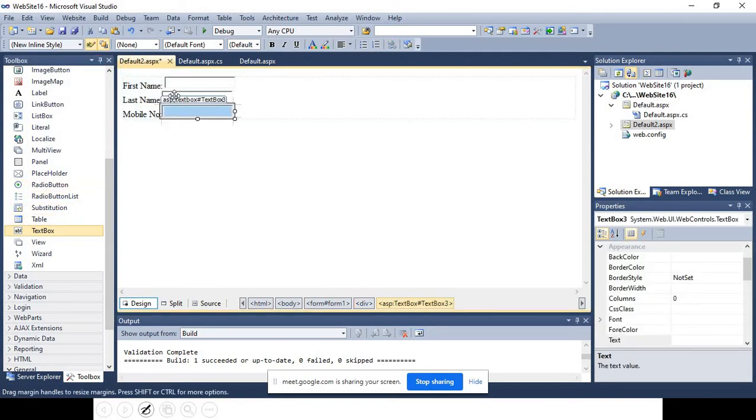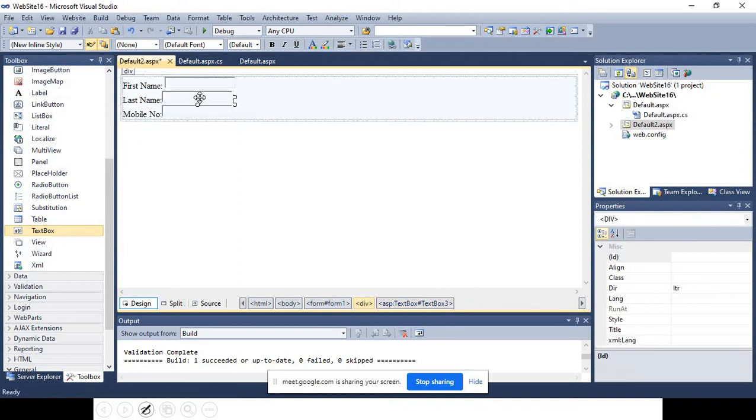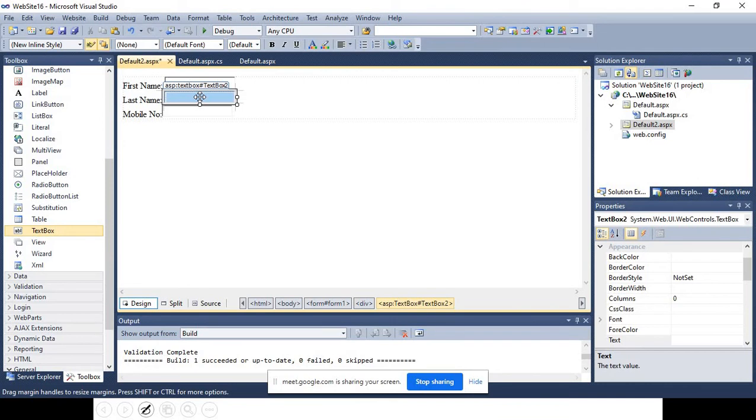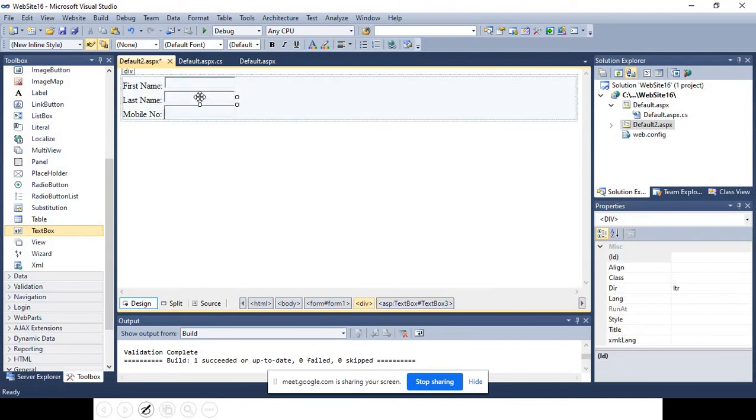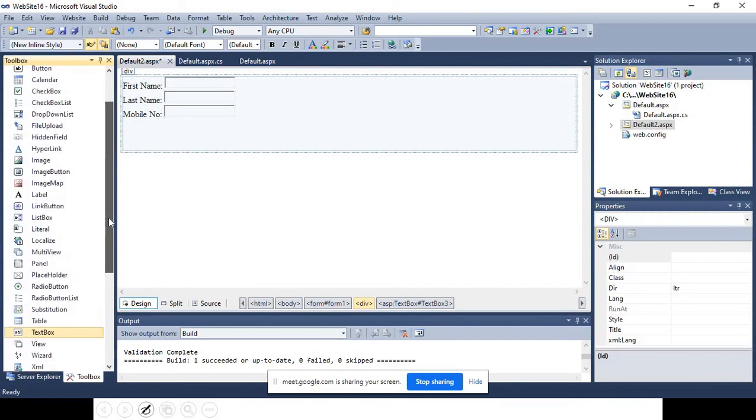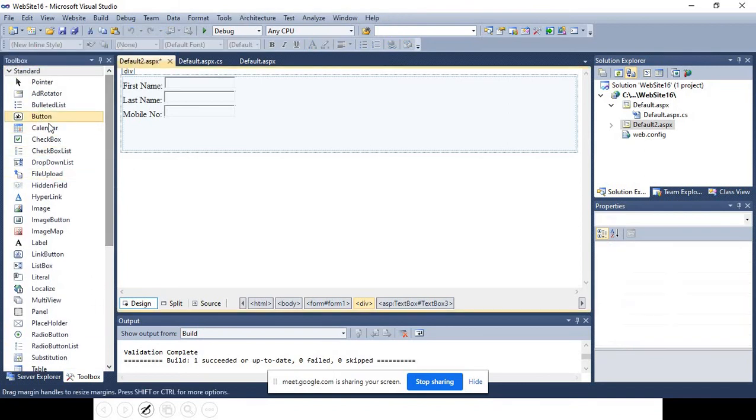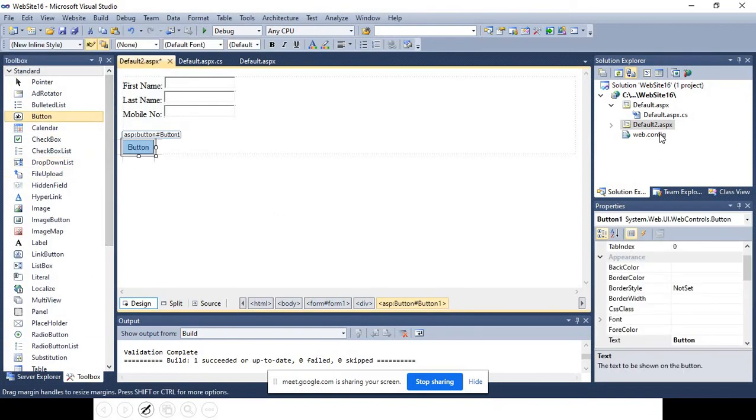So I have taken a few fields. Finally, I am placing a button so that whenever the user clicks on the button, the user will be redirected to another page.